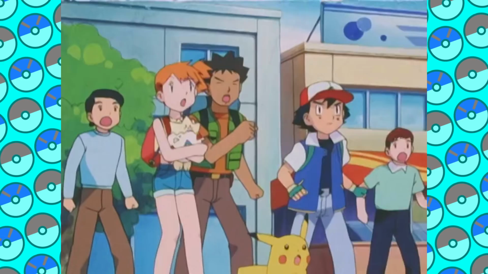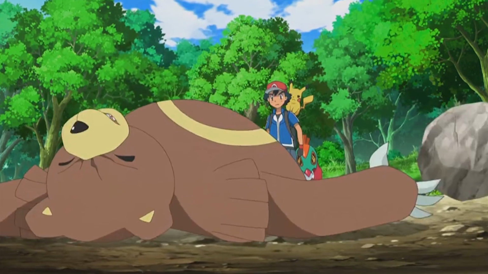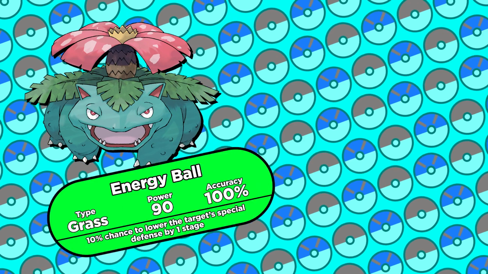My name is Matt, and today Elias and I are going to take a look at inverse battles. We'll talk about how the type chart changes, as well as which Pokemon get stronger and which ones get weaker. Alright, let's get started. What's up, I'm Elias, and in normal battles, grass type moves are super effective against rock